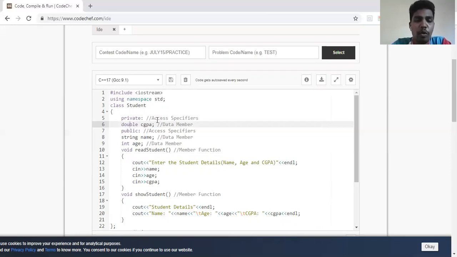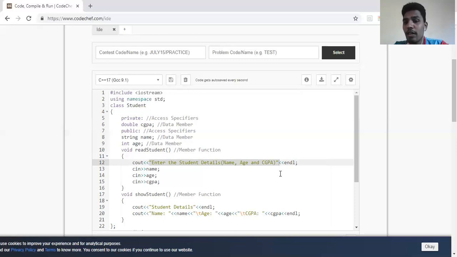Coming to abstraction, what do you mean by abstraction? Even without object oriented concepts, we are seeing abstraction. For example, in this header file, there are many inbuilt functions defined. If I have to take an example, cout. I don't know how cout works, but I just know that if I give something like this in the cout, it will be printed on my screen. How it is printing, what's the code behind printing it on the screen, how is it contacting the screen. Screen is actually an IO, input output. So how is it making that contact with the screen for printing? That is not known to us. We are just seeing the output, but the implementation part is hidden from us.